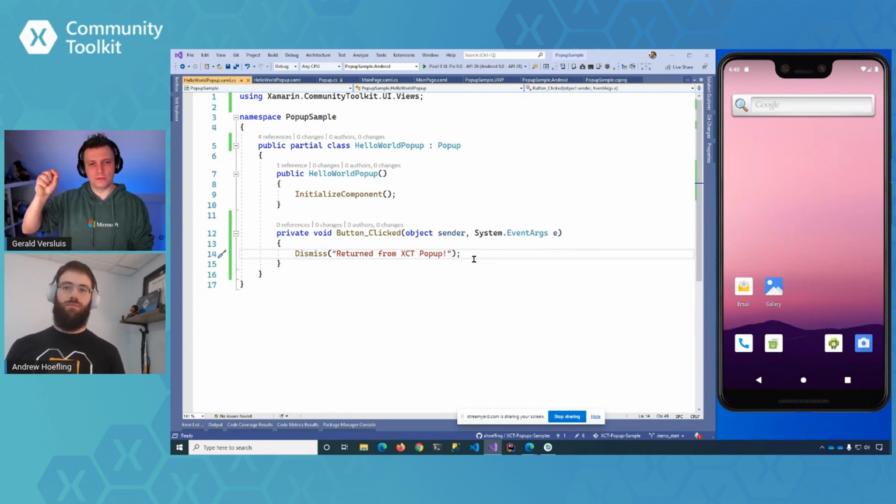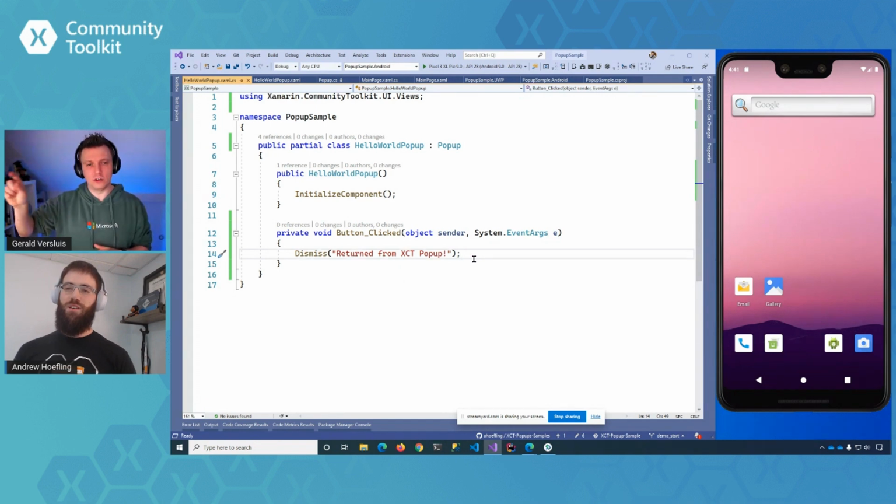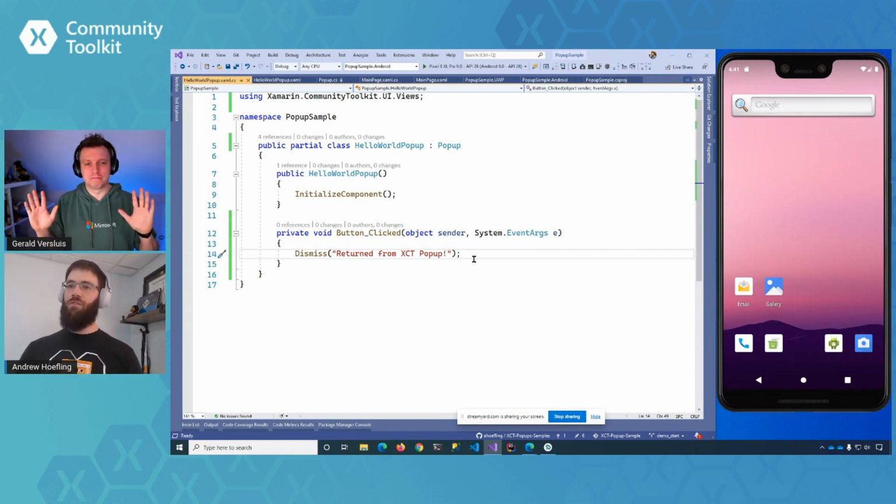I noticed you could strongly type it, right? Because now you're returning an object, but I think you could actually add the type to it, right? You can add the type, and I'm going to go into that in just a second. Let's focus on the simple, easy path to get started.